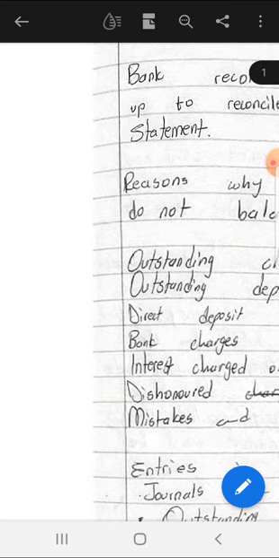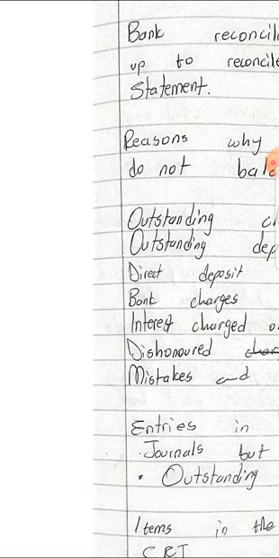Step 3 is the bank reconciliation. On the credit side of the bank reconciliation statement, there will be a balance as per bank statement if it is favorable. It is different from the bank account balance, so do not confuse the two. Don't take the balance on the bank account and name it as the balance as per bank statement. No, this one you will take from the previous bank statement that you received when you are doing a bank reconciliation.